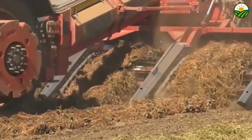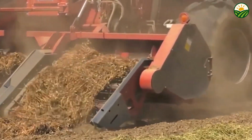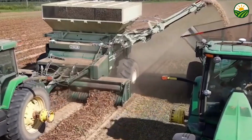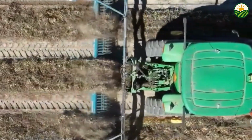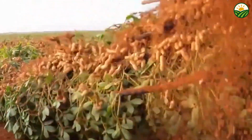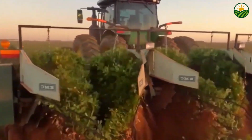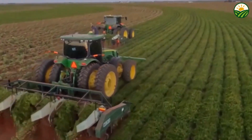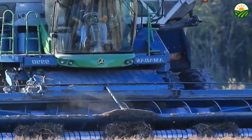Harvesting peanuts is a labor-intensive and highly mechanized process that must be executed with precision and speed to prevent loss and preserve quality. Timing the harvest is crucial. Peanuts must be mature enough to have fully developed kernels, but not so overripe that they become vulnerable to disease or decay. Typically, farmers assess maturity by examining the inner color of the peanut shells and checking the moisture content of the pods. The harvest usually begins in late summer or early fall, and it involves two major steps: digging